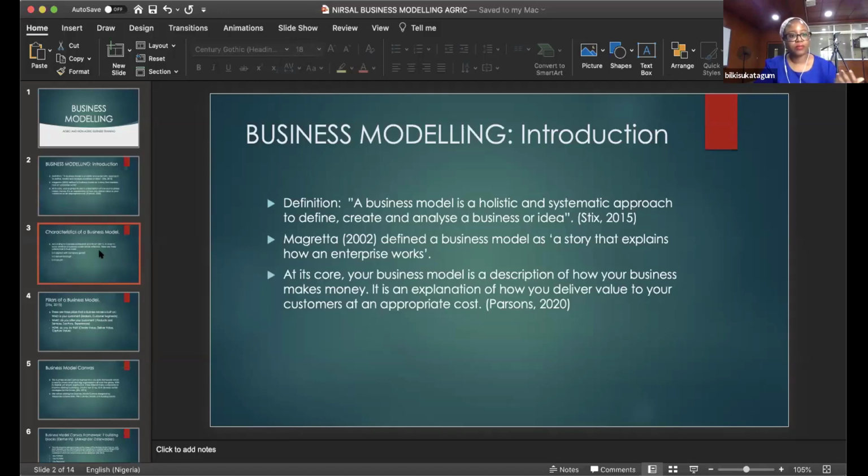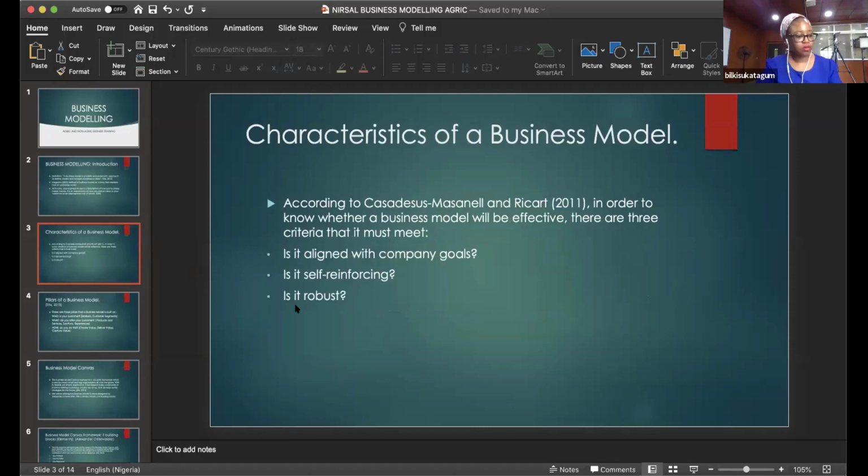Now, there are three. I hope we have actually read the link on the ideas by Marcelo Rico, 2011. If you have gone through it,